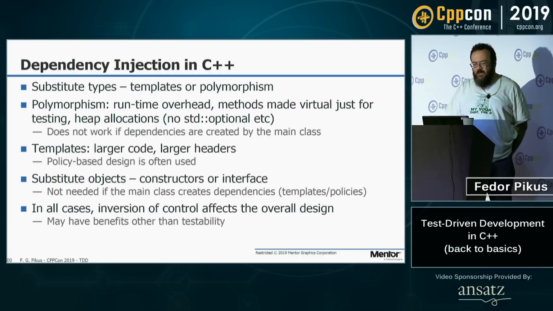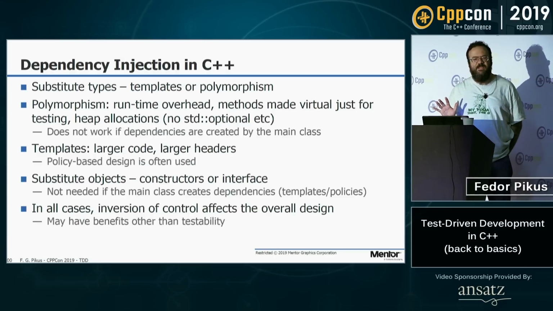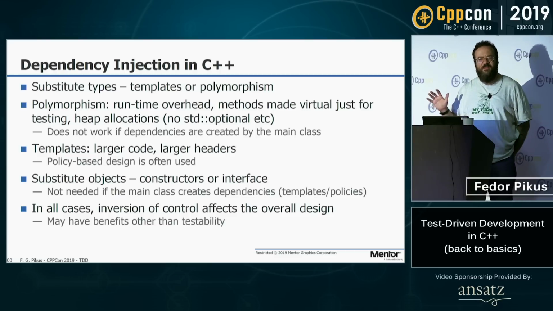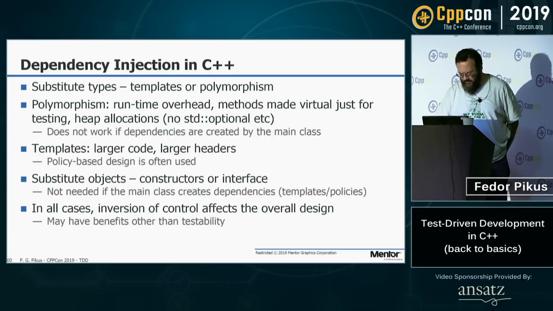Runtime polymorphism has runtime overhead. The other downside of runtime polymorphism is that it restricts your interfaces. For example, let's say you had a function that returns std::optional, and now you want to use a test double for the thing that it returns. Well, polymorphic classes don't go into std::optional easily. So you probably can't use runtime polymorphism with that interface. And it's probably not a reason to redesign your interface. If you wanted std::optional, you should use std::optional. You should just do something else for the test doubles, make it a template parameter.